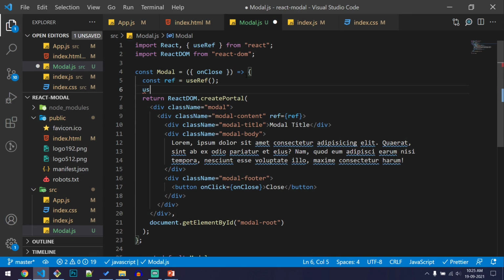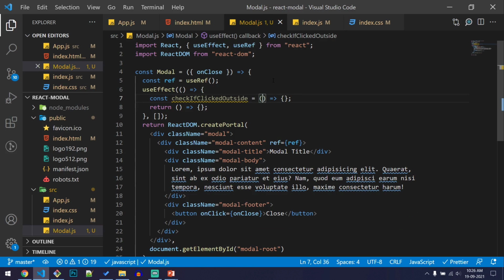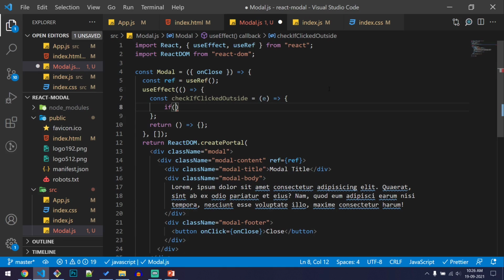And we will have a useEffect. Let us just import this useEffect. Here we will have the function to check if it is an outside click. Let's say checkIfClickedOutside, and we will receive the event, and we'll check if this ref exists.